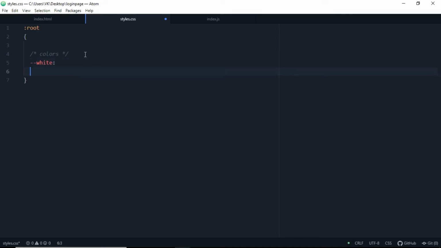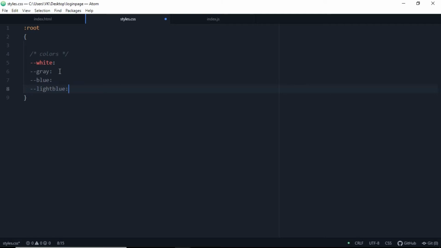That is white color, and I'm just going to copy and paste all these color hex codes here, and this will be gray. It doesn't turn red because obviously we don't have any semicolon at the end of this white color. And this will be blue, and hit enter, and the other color will be light blue.